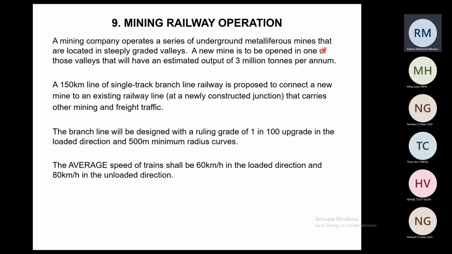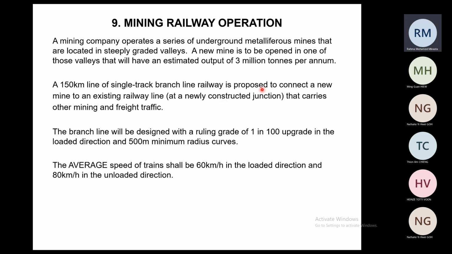Question 9 is on mining railway operation. And the question reads: a mining company operates a series of underground metalliferous mines that are located in steeply graded valleys. A new mine is to be opened in one of those valleys that will have an estimated output of 3 million tons per annum. A 150-kilometer line of a single track branch line